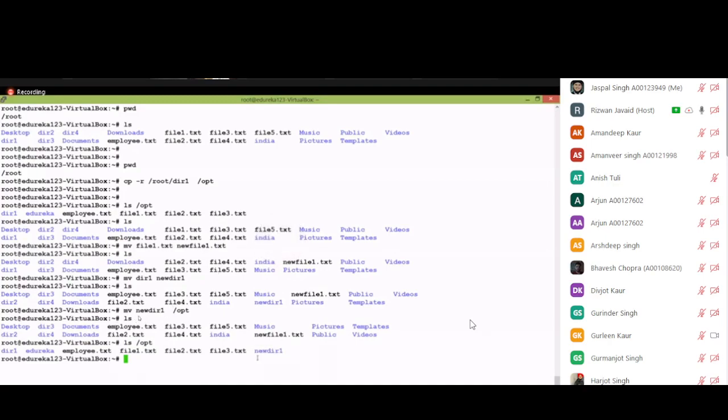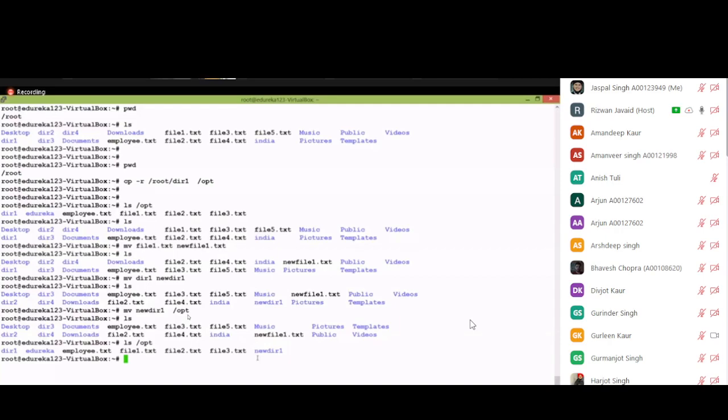Okay, so now this is a different style. If I want to take this directory and place it under the opt folder, how can I write it? Last time we used the cp command. With mv, we are going to cut and paste under the opt folder.